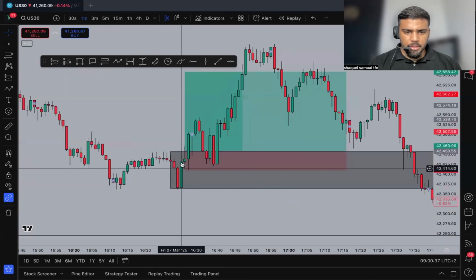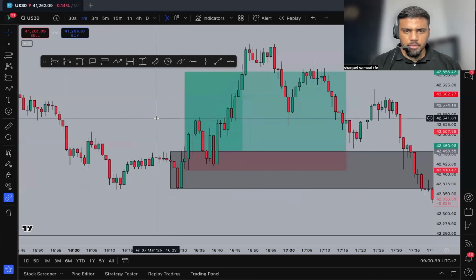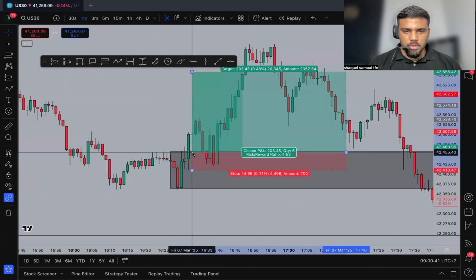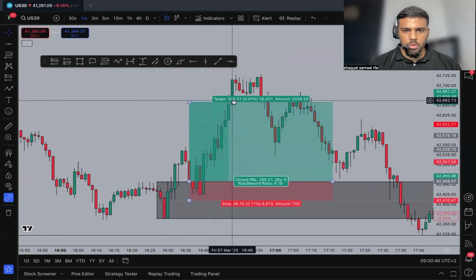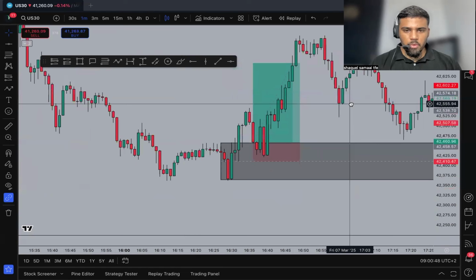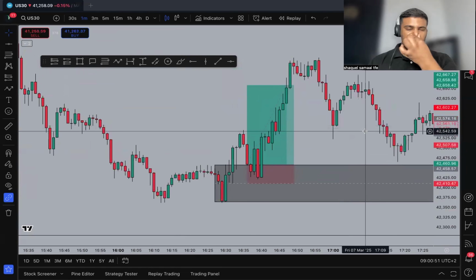beautiful. There's the candle, break above. There's a retest here. In fact, there's a retest here and a retest here. Stops there. 1:4. Take profit got hit. There you go. Bob's your uncle. Do you guys get me? So